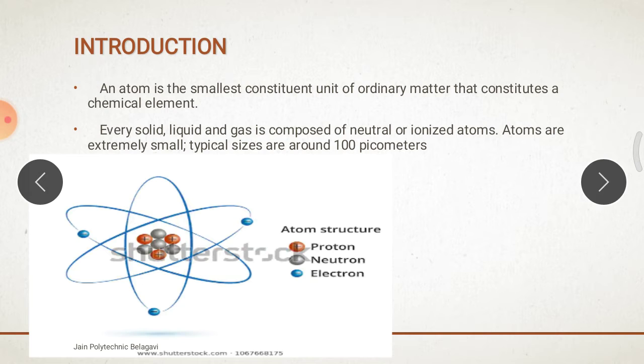The number of protons in an atom is called the atomic number. The total number of protons and neutrons in the nucleus of an atom is called the atomic weight. All the revolving electrons are arranged in different orbits and shells. Each shell contains a maximum number of electrons, given by 2n square, where n is the number of the shell. These electrons will be revolving in each shell. Every solid, liquid and gas is composed of these atoms.